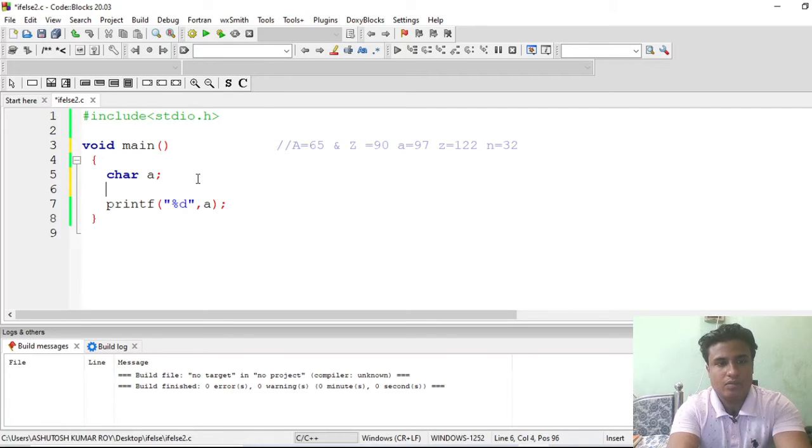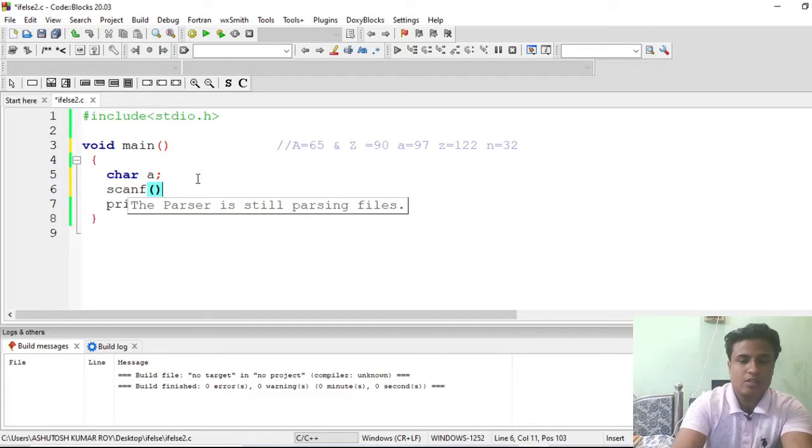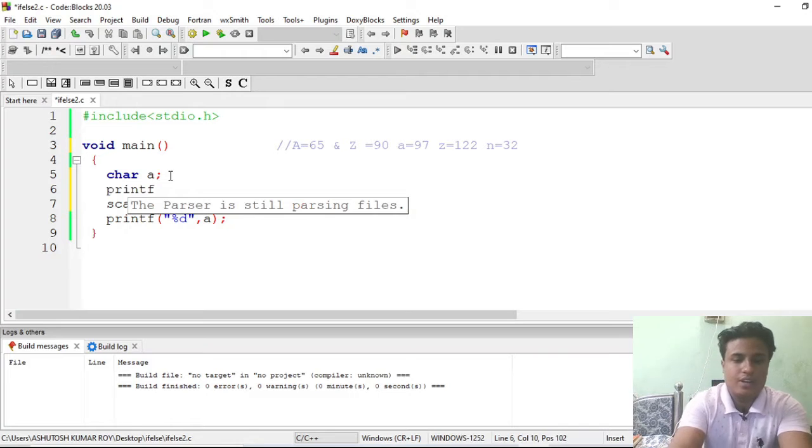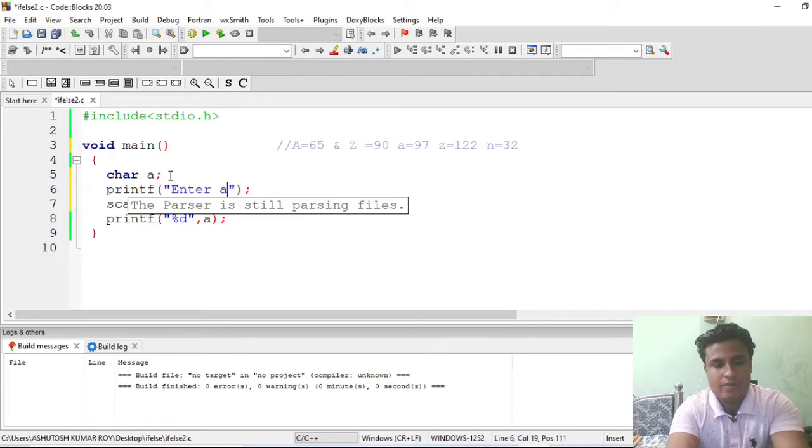scanf. Suppose we, first of all, give a message to the user, printf: enter any character whose conversion you need.